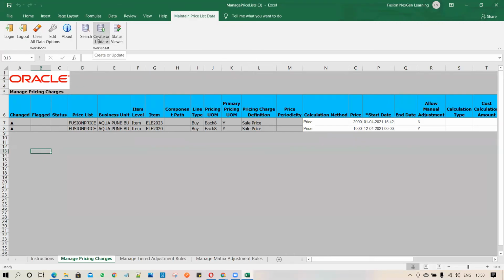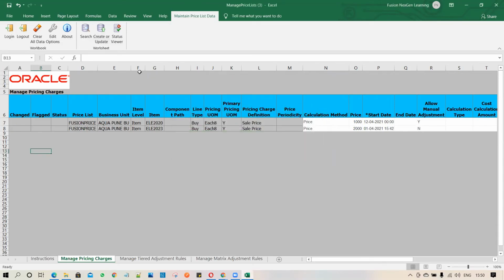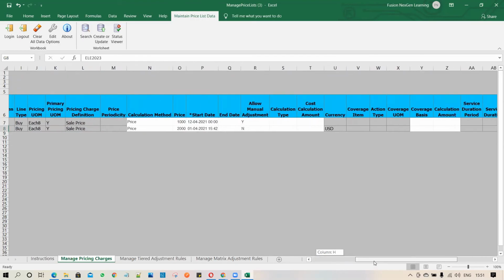To upload, you have to click on create or update. Once you click on create or update, it will add one item, ELE 2020, and update the price for ELE 2023. Now it updated successfully. There won't be any error.